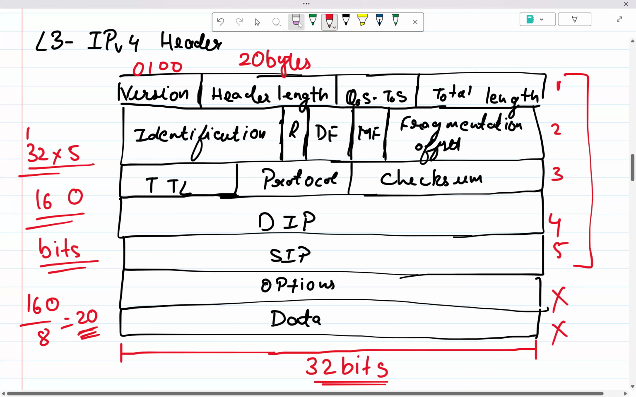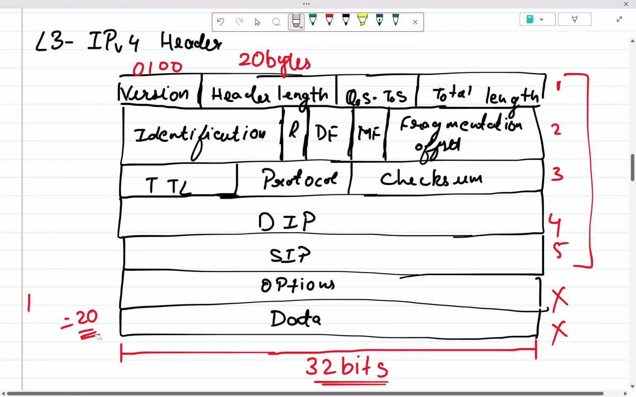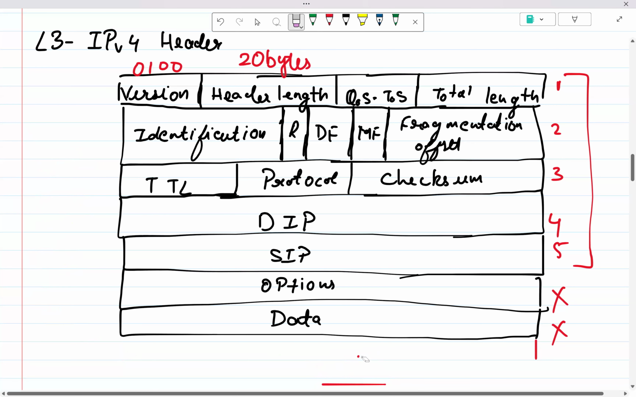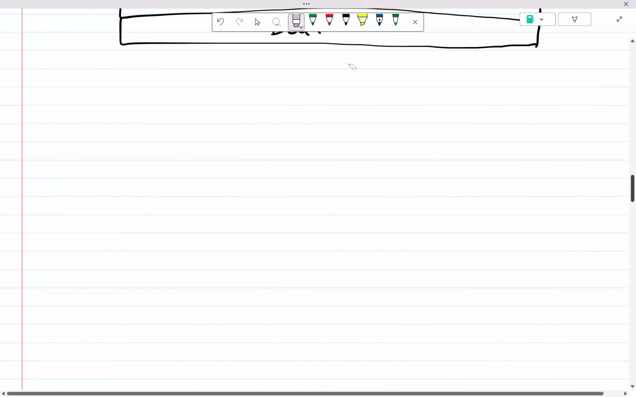Now the next field, QoS or ToS. What is this? Before we understand the size or what it is, we will see what QoS actually means. Quality of service or type of service, whatever you want to call it. QoS. So imagine